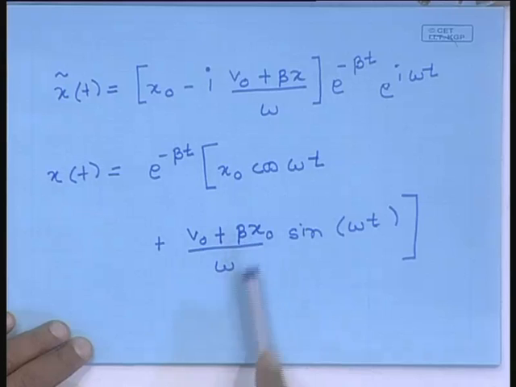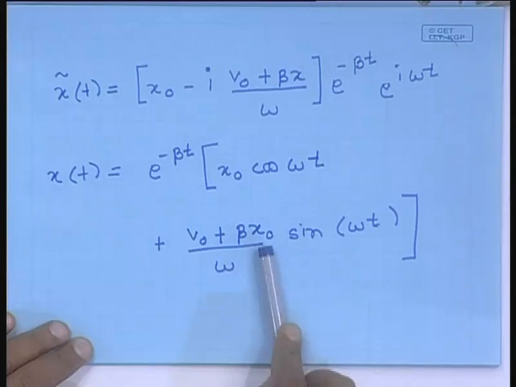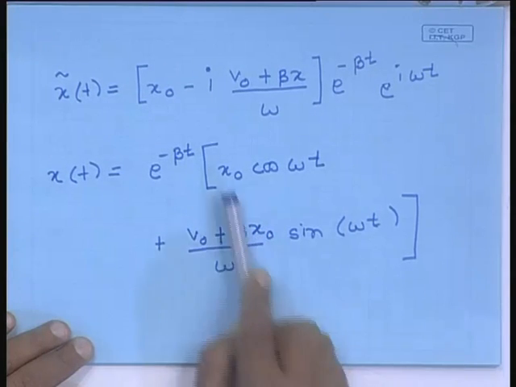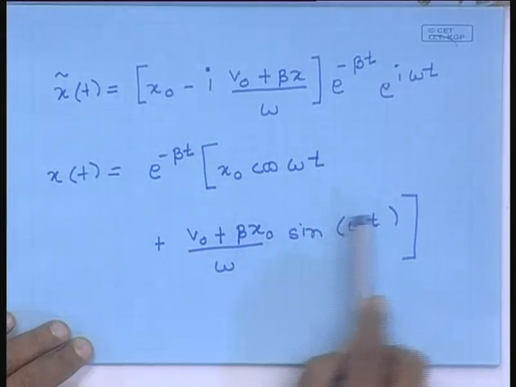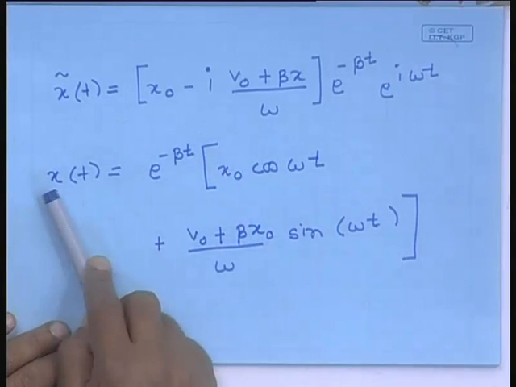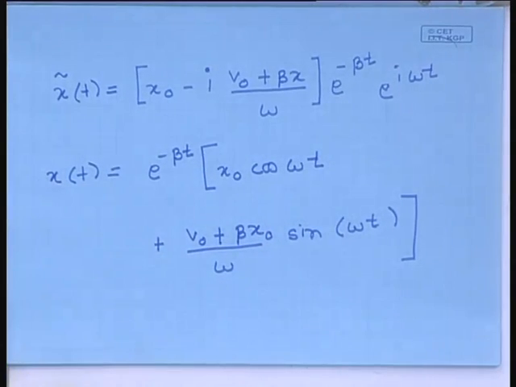It will have an amplitude, which will be the amplitude of the displacement for an undamped oscillator. But the moment you put in damping, the cosine itself does not fully describe this. You also have a sine term, and the sine term has a coefficient beta by omega into the initial displacement. So, you still have the cos term there, but you also have a sine term. Both of these together give you the position of the particle x.